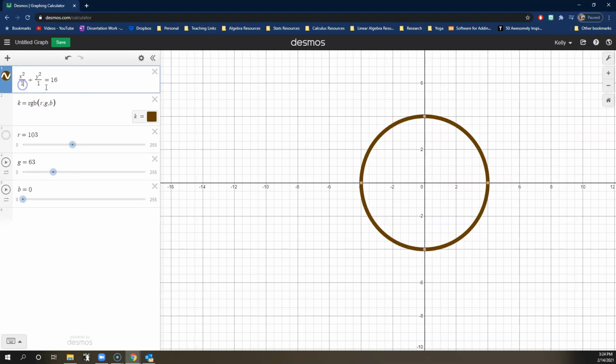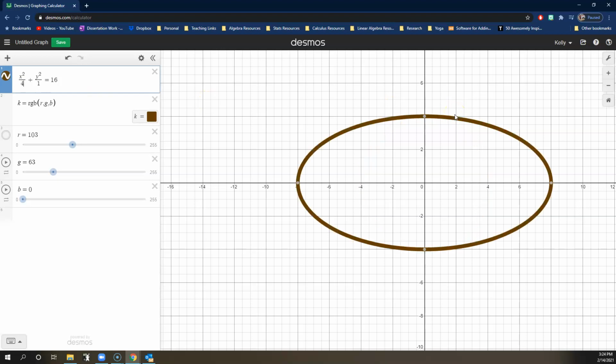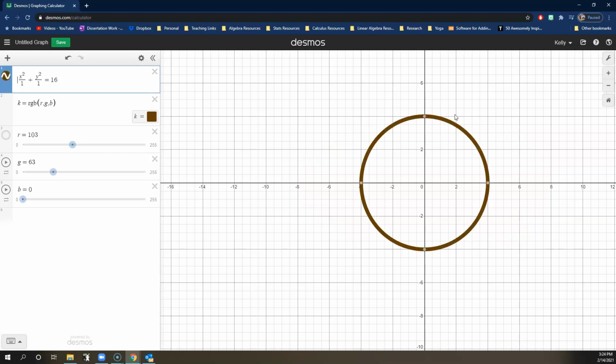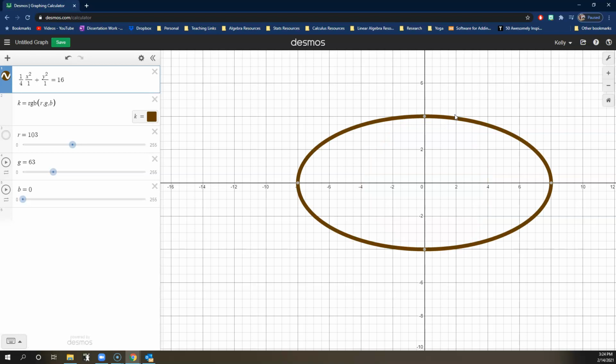4. And technically, we could call this an ellipse as a whole new parent function, but really when we multiply by this 1/4, we're coming in here and we're saying, okay, original circle, let's multiply this by a 1/4, and we're multiplying the x term. And what we found is if we multiply the x term, it works in the opposite direction we would expect, and it's going to happen horizontally. So we get a horizontal stretch in this case because the 1/4 seems like it should make things smaller, but in reality, going back to the original x's, it makes things bigger. So we see this stretch going out